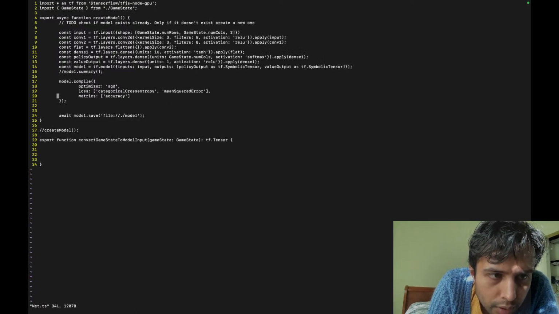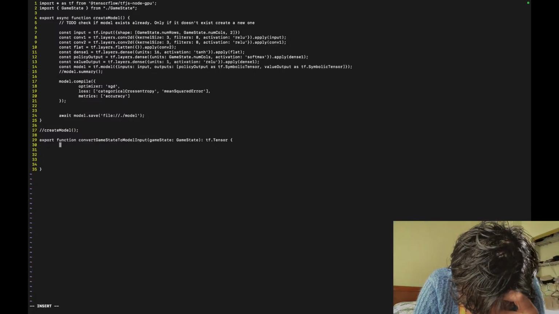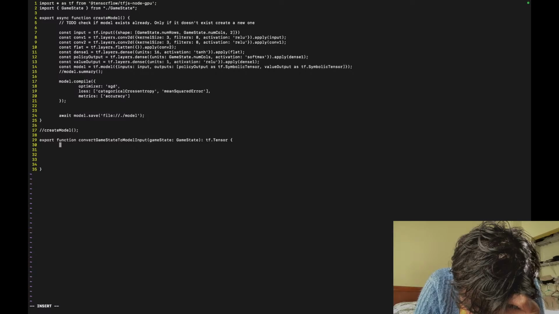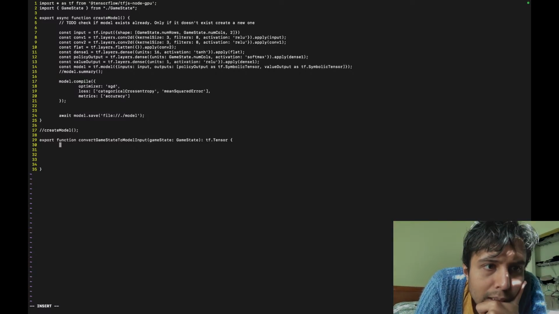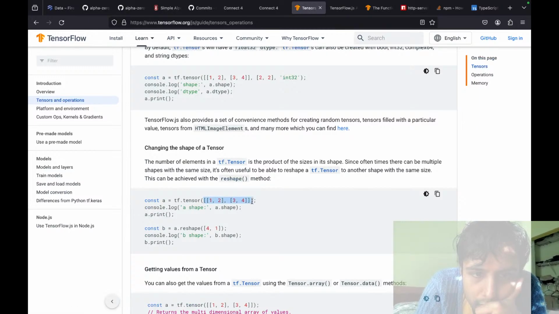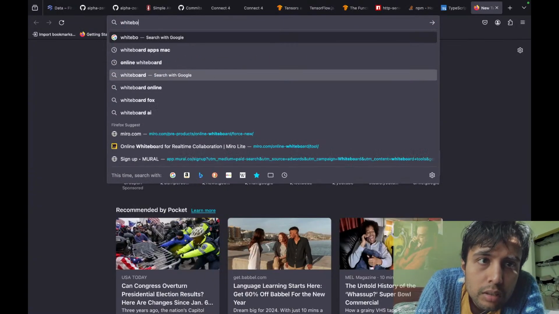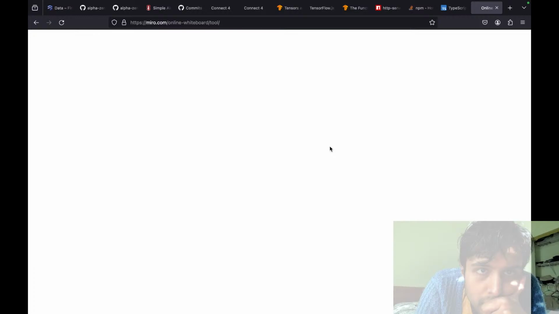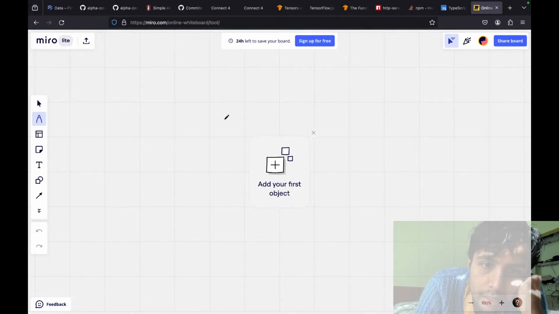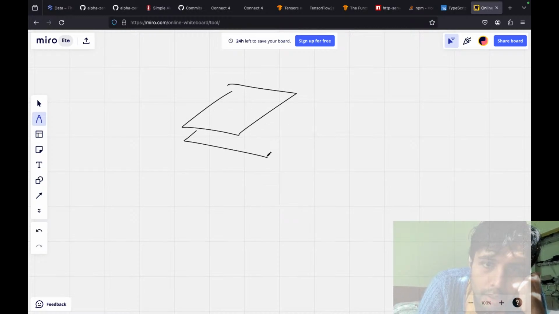So then what we're going to have is two image stacks. So back here, again, whiteboard. Create a new board. I feel like I've drawn this 1,000 times by now, but we're going to have two image stacks for input.